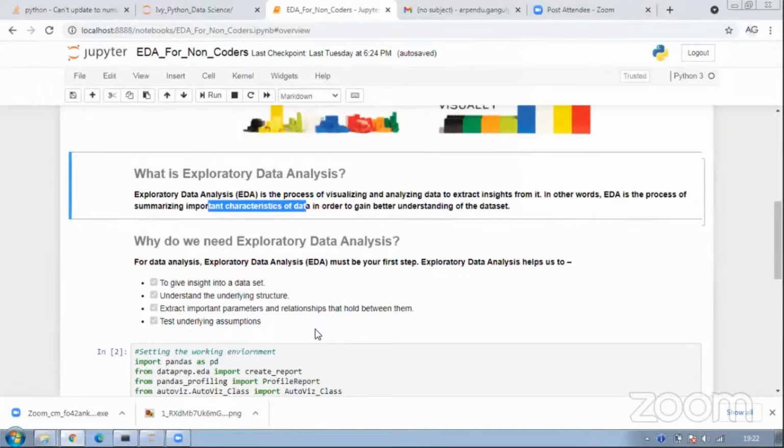If someone says EDA, you just don't talk about statistical summaries or mean, median, mode. You need to talk about insights, you need to talk about storytelling, and you need to talk about facets of the data, characteristics of the data, attributes of the data, which can serve a purpose to the client, to the business, right? That is the framework that you should always adopt in any kind of EDA.